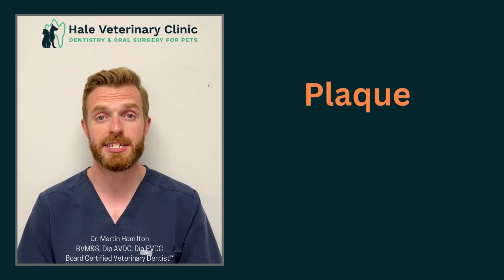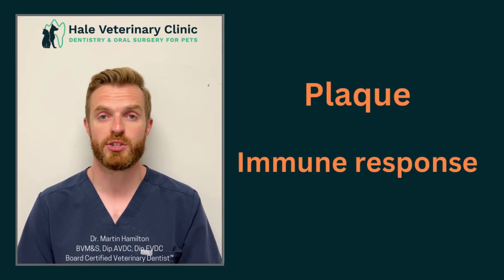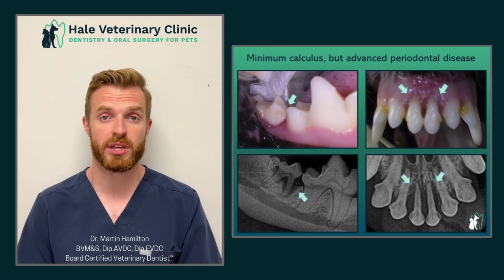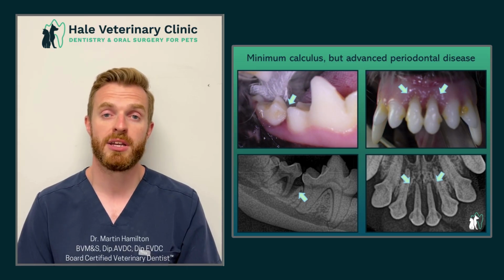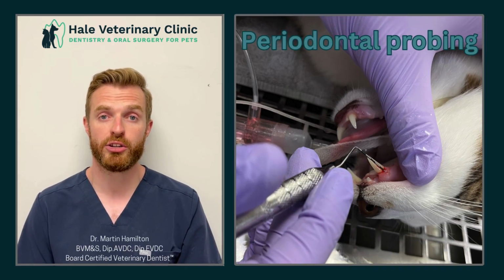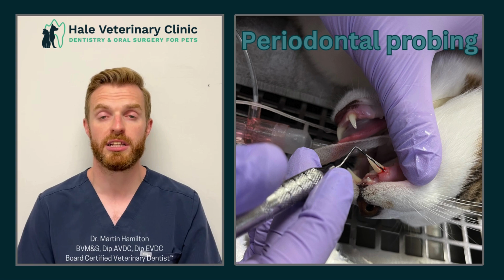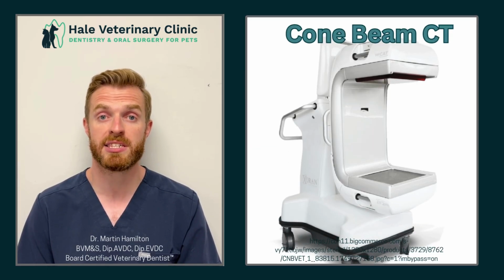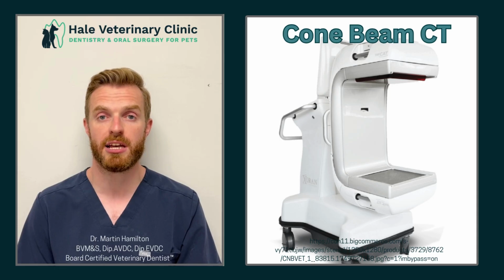As we mentioned in our last video, periodontal disease is caused by an interaction between plaque on the teeth and the immune system's response to that plaque. We can't use the gross appearance of the tooth and the calculus to determine whether periodontal disease is present or not. Rather, we should be using periodontal probing or assessment of clinical attachment loss, as well as intraoral radiographs, or in some cases, especially in brachycephalic or short-faced dogs and cats, the use of cone beam CT to help diagnose